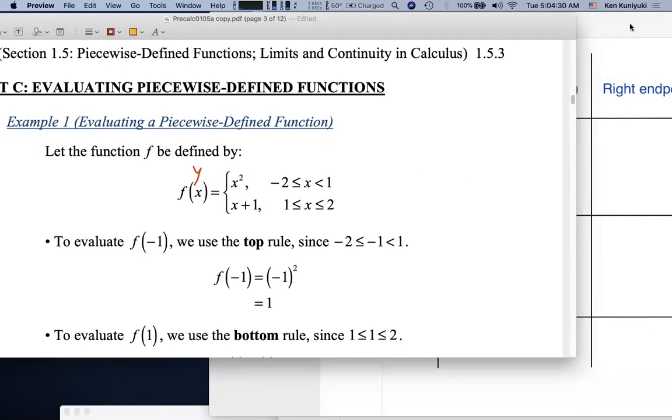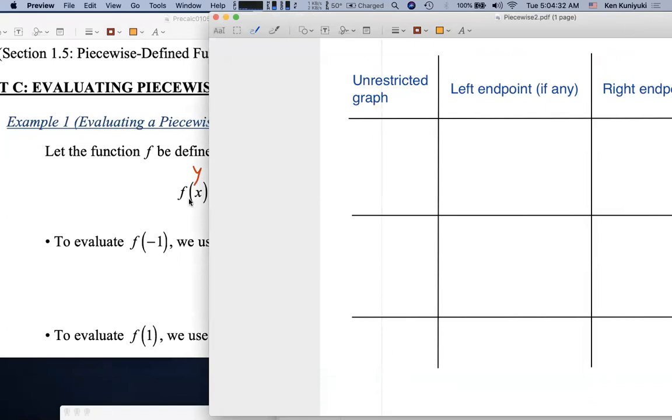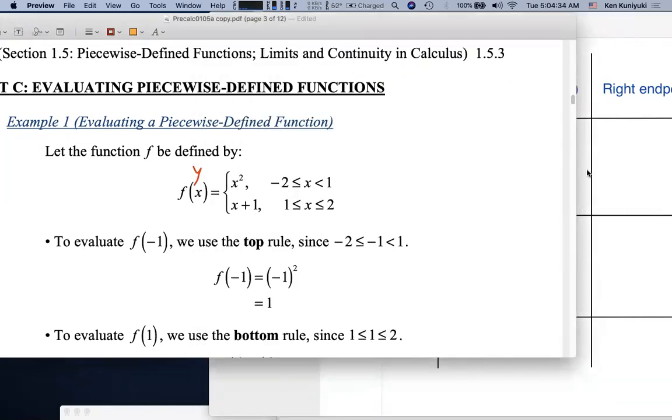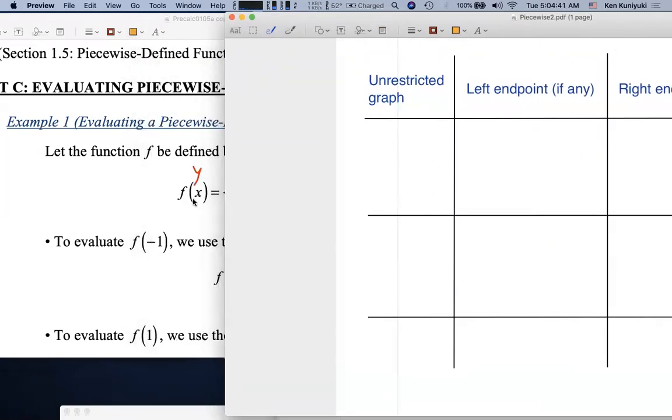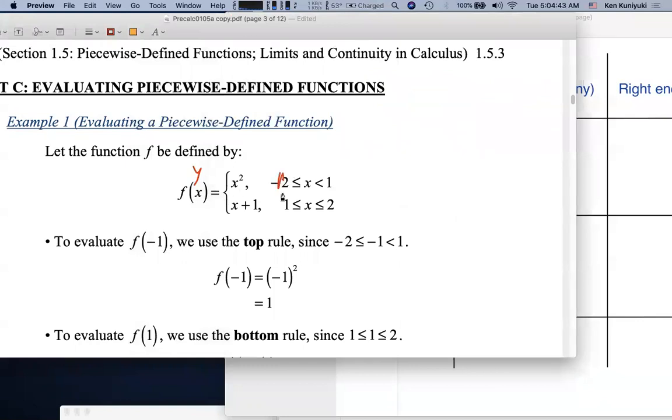So we're going to look at the unrestricted graphs that correspond to these rules. We're going to see where the left endpoints are, and we're going to see where the right endpoints are, if any. Bear in mind that if we have something like this as a subdomain, there is no left endpoint. And if we have something like x is greater than 1, there is no right endpoint. But it does turn out that in this particular example, both of these subdomains do each have two endpoints,